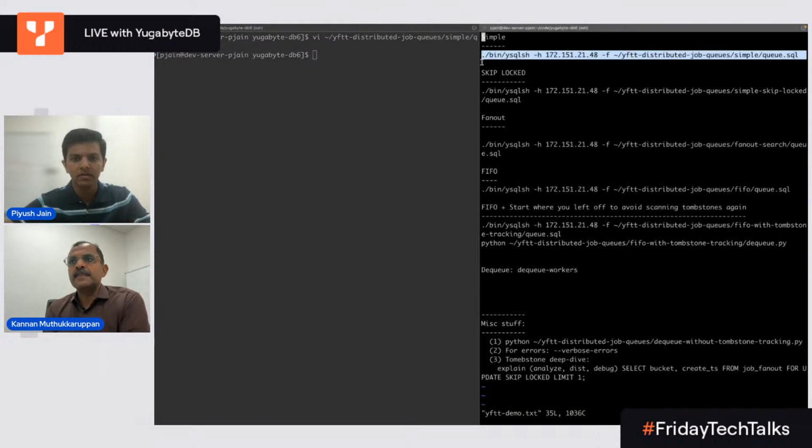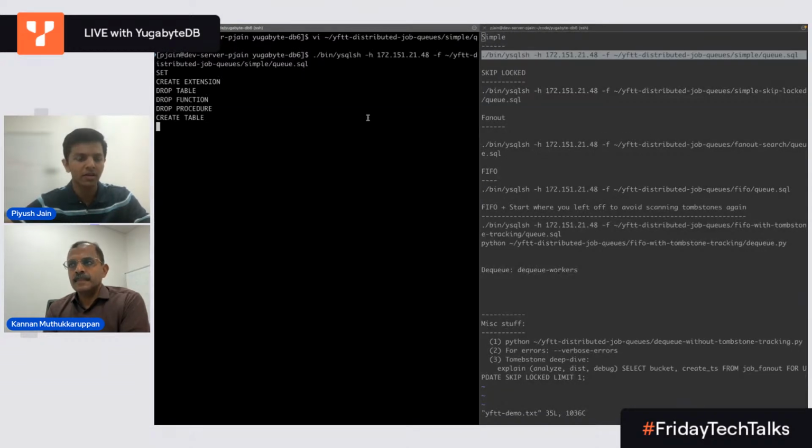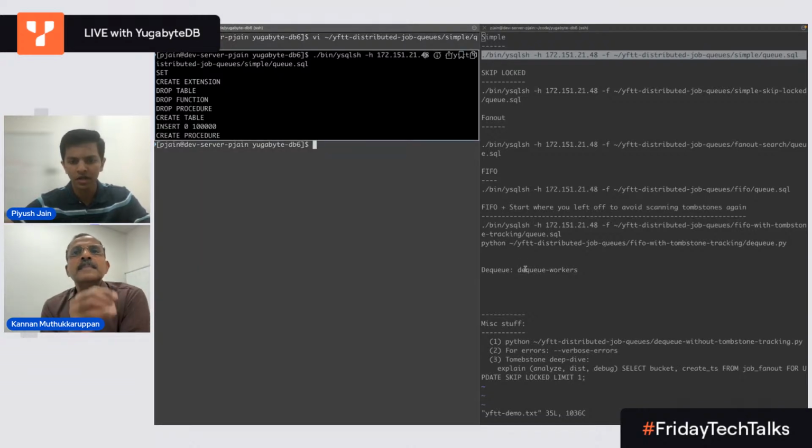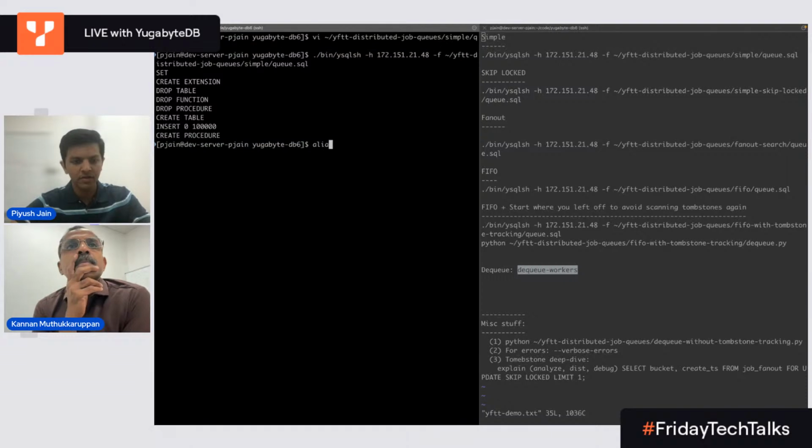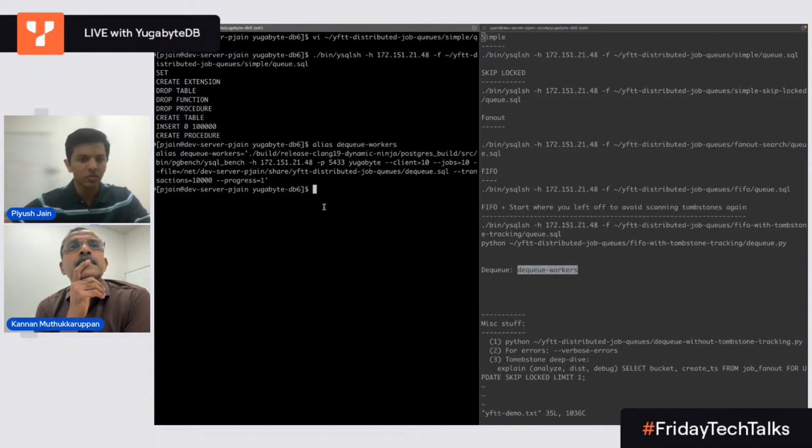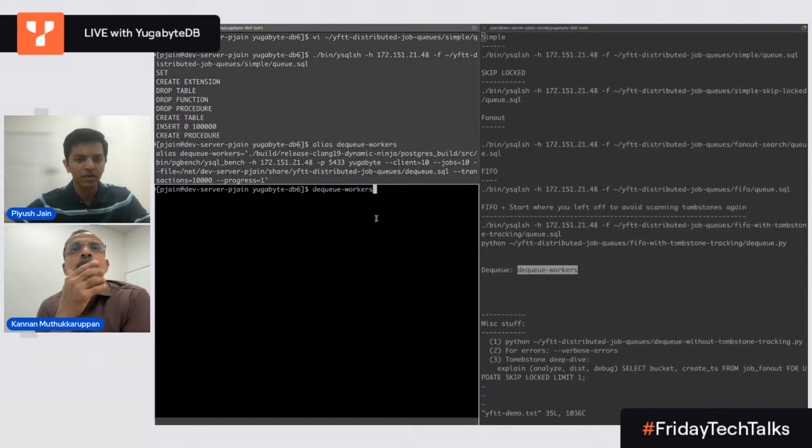If I just load this, I have a cluster running, and I created the job queue and the DQ function. I'll keep using this alias throughout the demos. I'm using pgbench to run a set of 10 workers with 10 connections, one for each, and they'll keep dequeuing from the queue. So if I just run this,